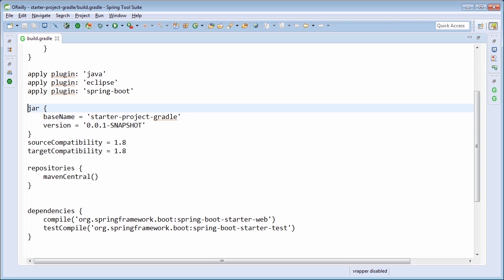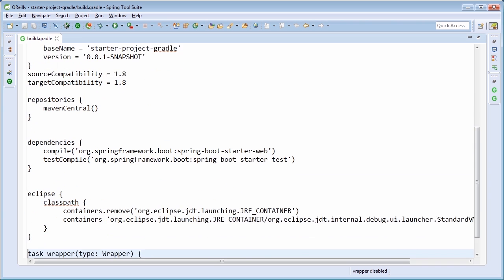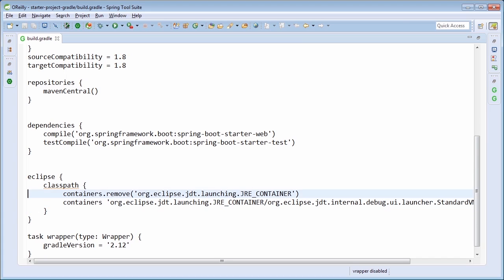We can then invoke tasks on those plugins in order to achieve some piece of functionality in our build, and we're also able to set different properties that will apply to our project. You'll see here that we are excluding some items from our class path using the Eclipse task. Now, if you were not familiar with a particular task inside of your build.gradle file, you can always go to